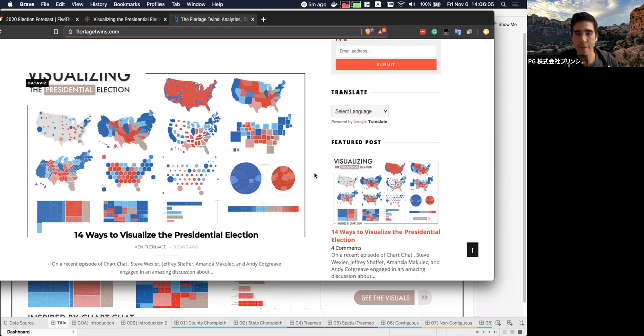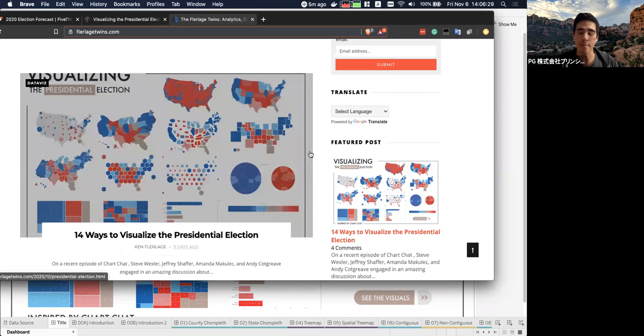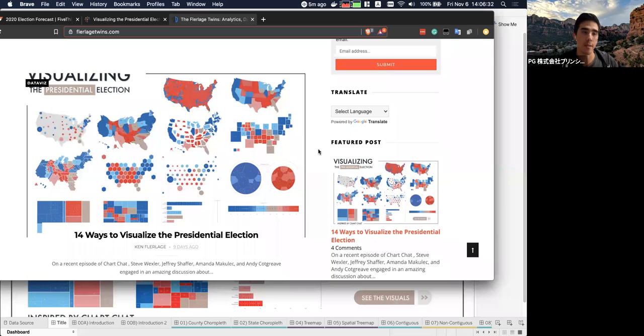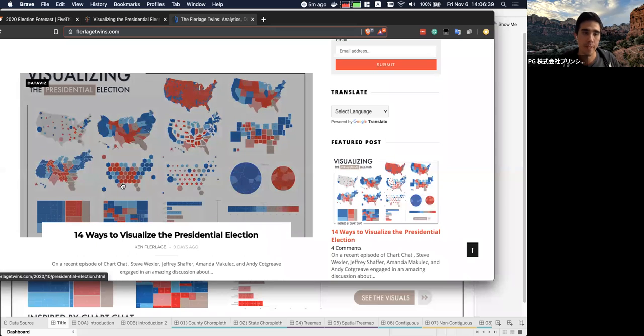If you're not from the US, it's probably a little bit confusing, but there are two major political parties in the US, the Democratic Party, which is blue, and the Republican Party, which is red. In Japan, I know there are also political parties. I think there's more than two, there's a few. But the way they've created these maps is they've colored different areas based on the majority of people who support which political party. So, for example,